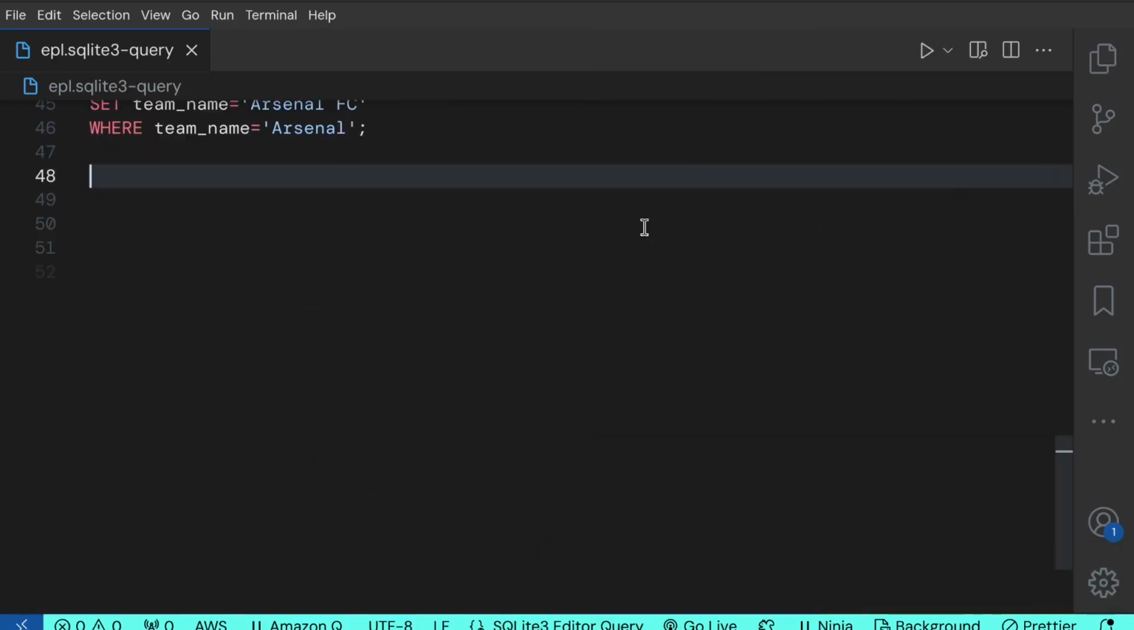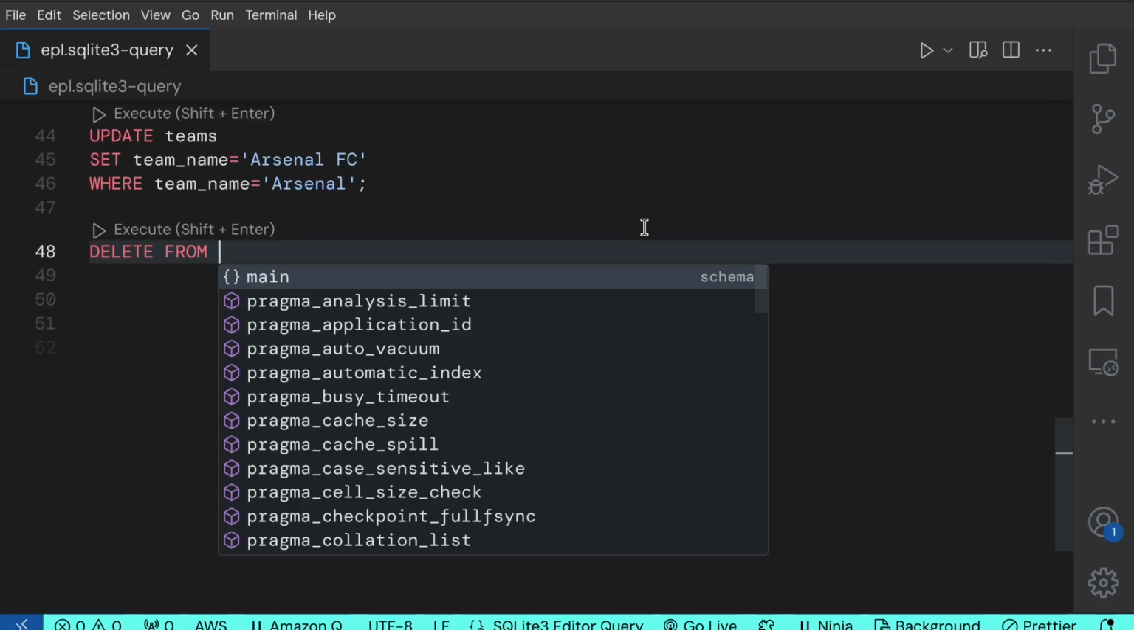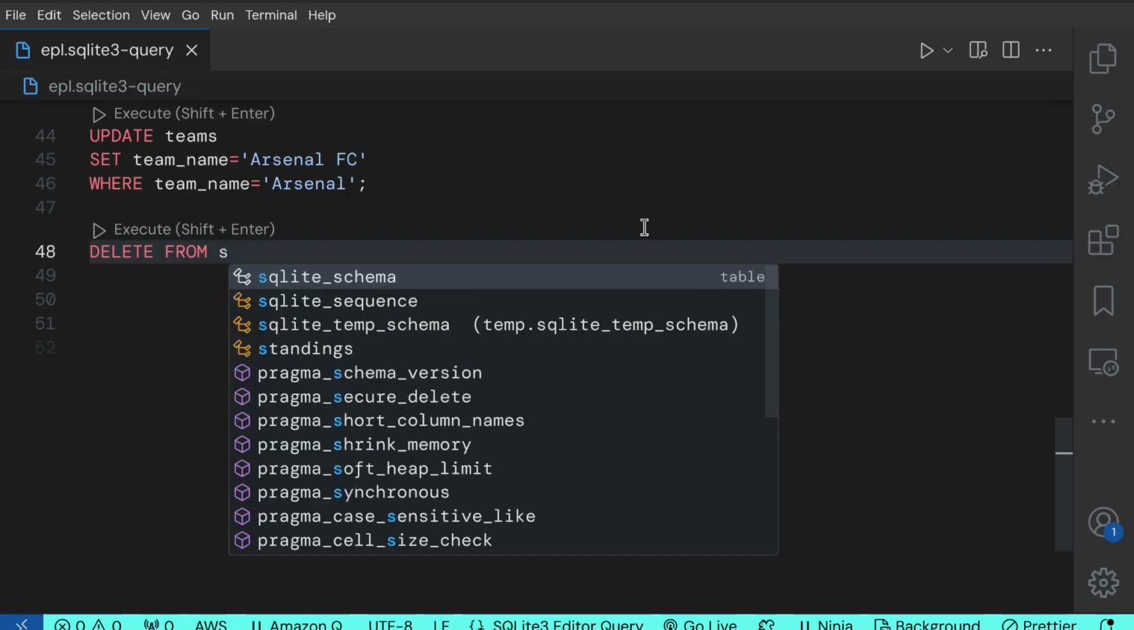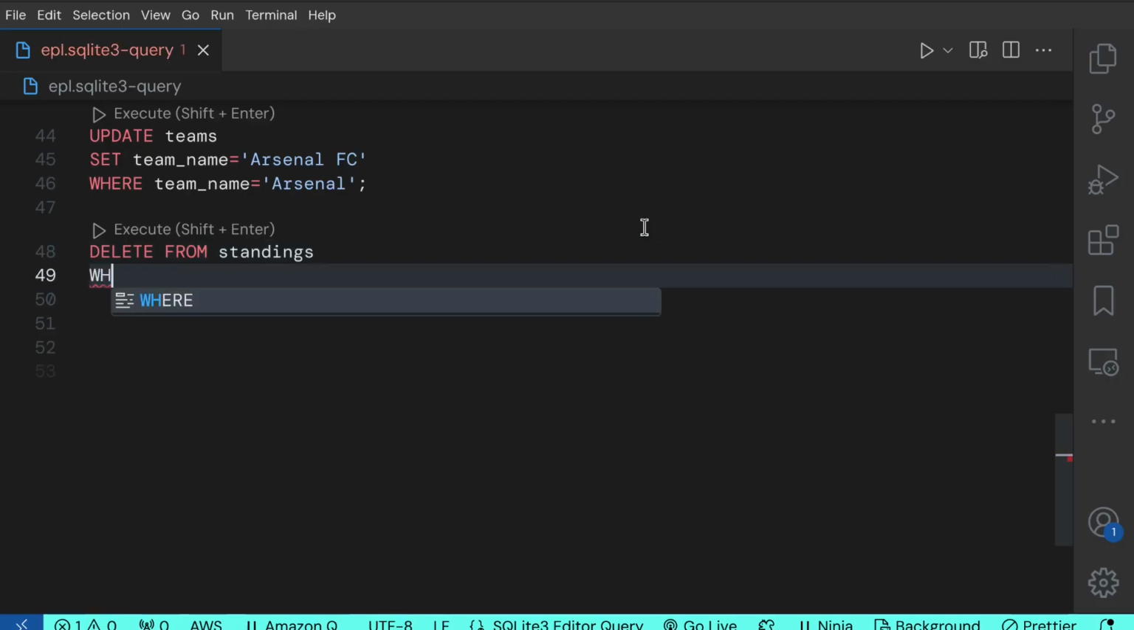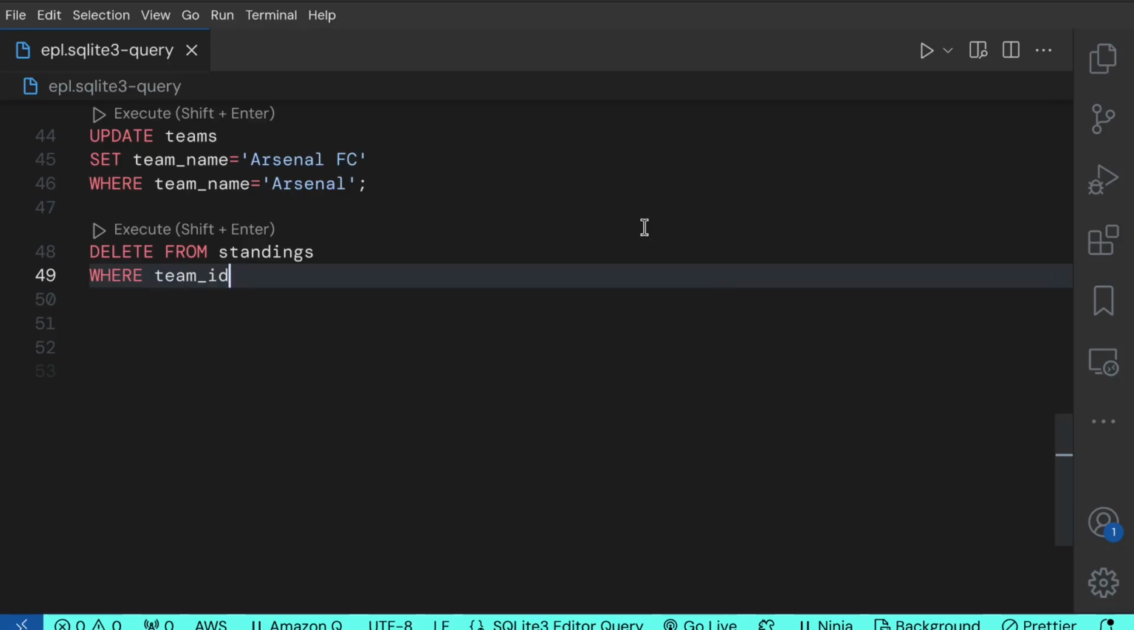So now what about if I wanted to delete a particular team from my table? I can go ahead and say delete from. Now let me delete from the standings table. So I'll say delete from standings where team ID is equal to, maybe I'll pick 4. Oh yeah, this one is for Chelsea, I think. So if I just run this,